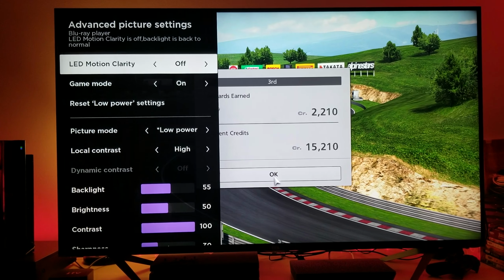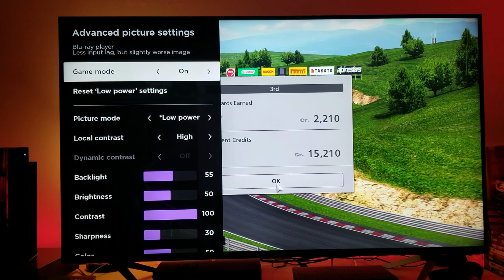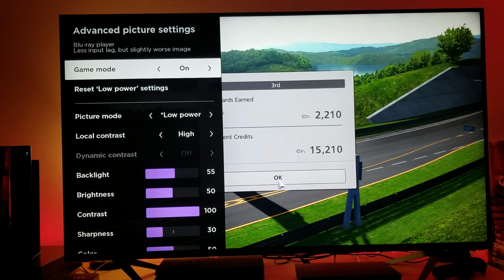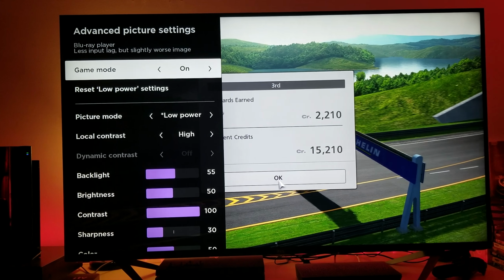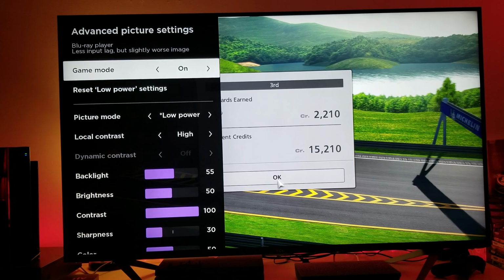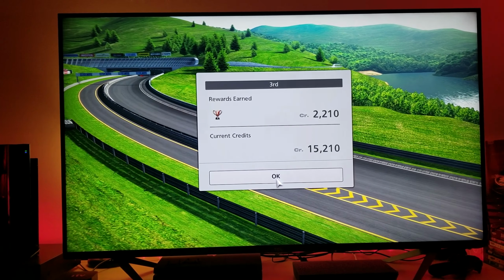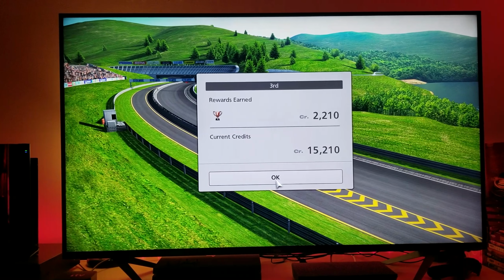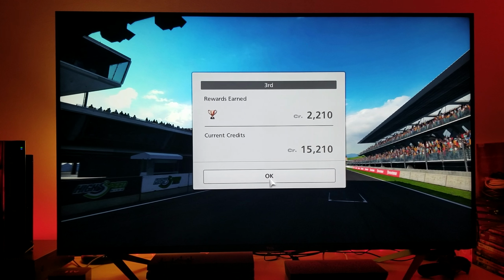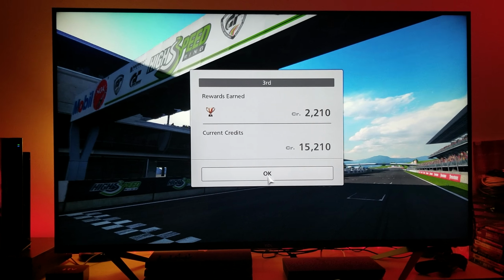The game mode is on, and this is what's so really amazing as well, is the fact that I am using a game mode. And so, for my PlayStation 3, I have it selected on the game mode all the time, and I suggest that you guys do so as well. So let's look at this replay again, and you will see just how beautiful this looks. I mean, this is a PlayStation 3 Phat Console, okay, and